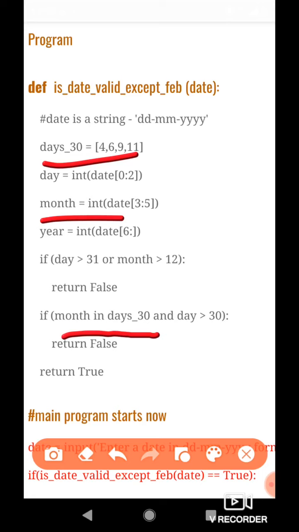And in is a membership operator of Python which tells whether the value of month happens to be inside this list, whether it is one of these four values. If this is true, then this condition happens to be true.